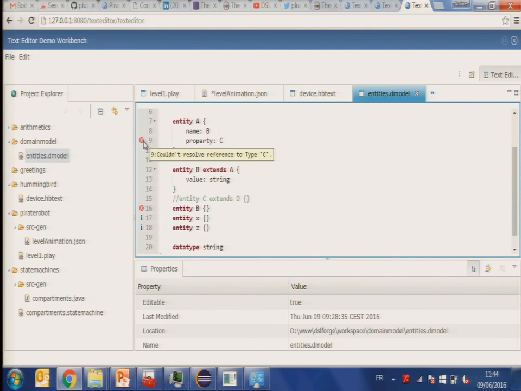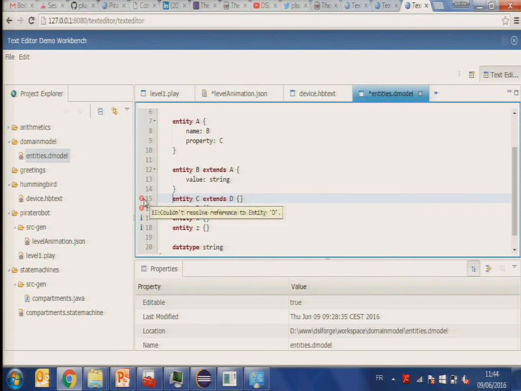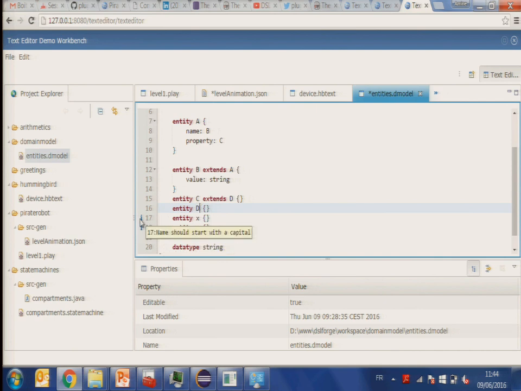So here, there is no definition of C. It doesn't find D, let's say. And now we have a warning. So these are the XText checks. This is the XText check framework that is invoked.